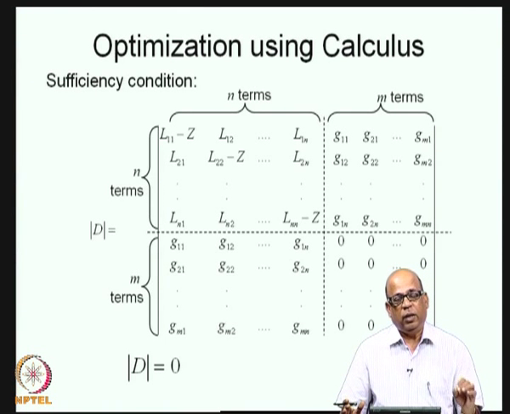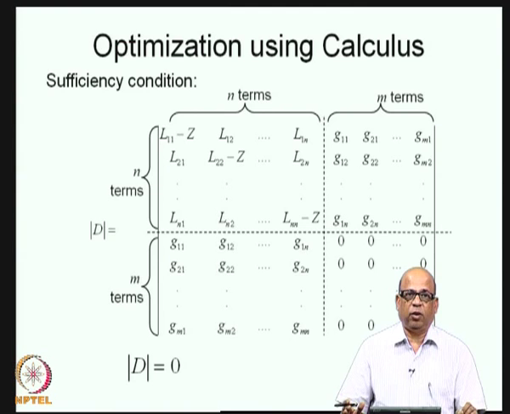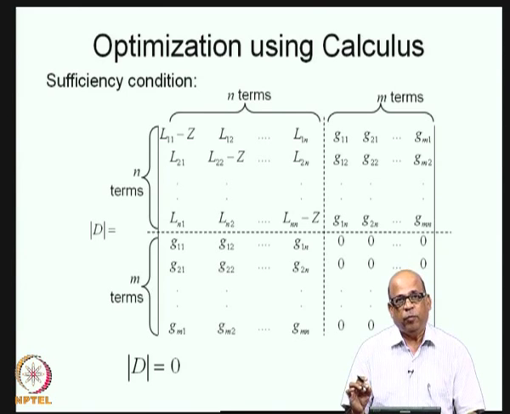So, I repeat, we are dealing with optimization of a function f of x subject to constraints gj of x is equal to 0. We introduce the Lagrange multipliers lambda j, one associated with each of the constraints gj of x. We formulate the necessary conditions by differentiating the Lagrange with respect to each of its arguments, namely x1, x2, etc. xn and lambda 1, lambda 2, etc. lambda m, thus formulating n plus m equations. We solve the n plus m equations simultaneously to obtain the solutions x1, x2, etc. xn and lambda 1, lambda 2, etc. lambda m.